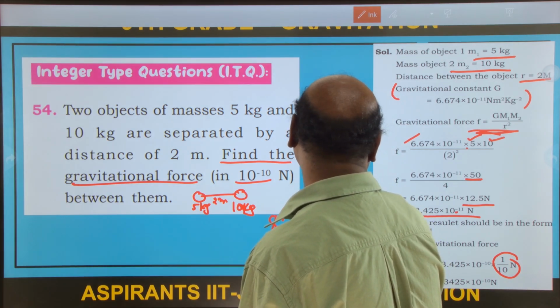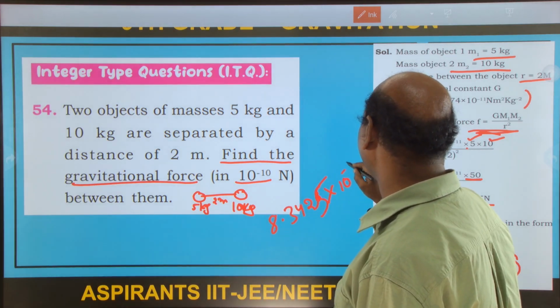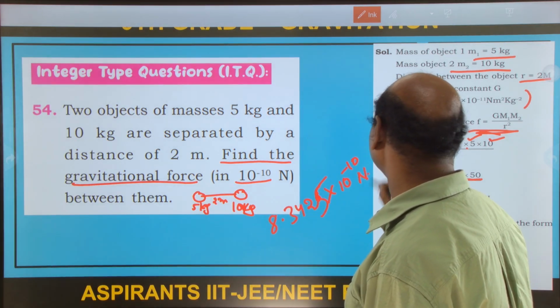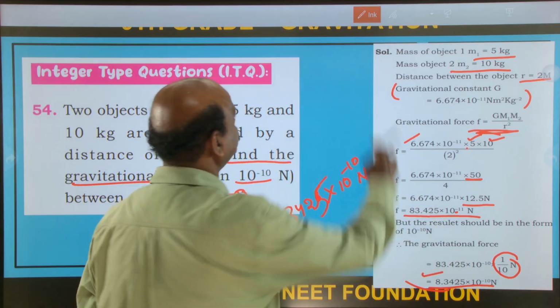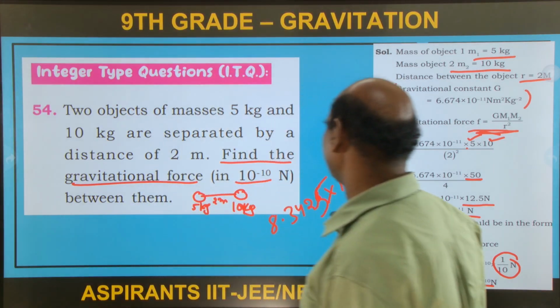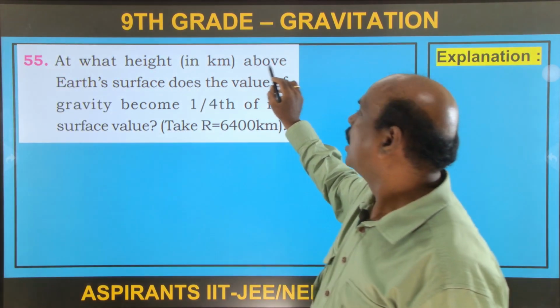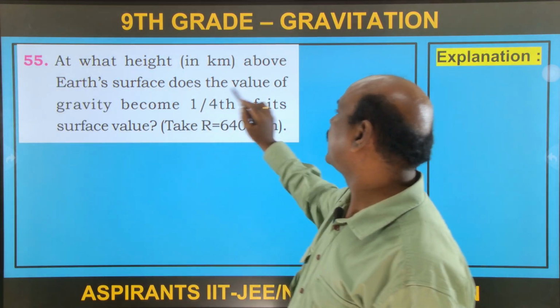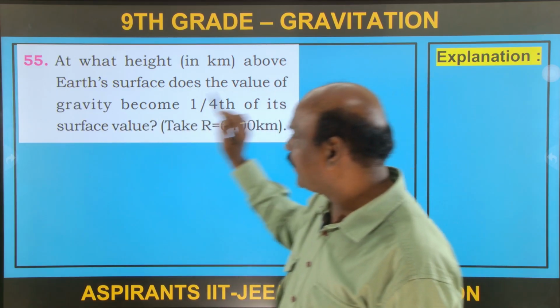8.3425 into 10 power minus 10 newtons. So this is the solution. Is it clear? Next. At what height above the earth's surface does the value of gravity become 1/4 of its